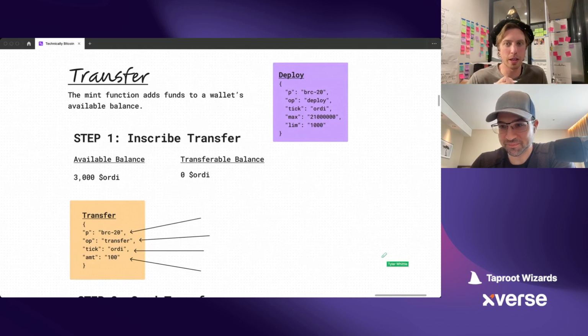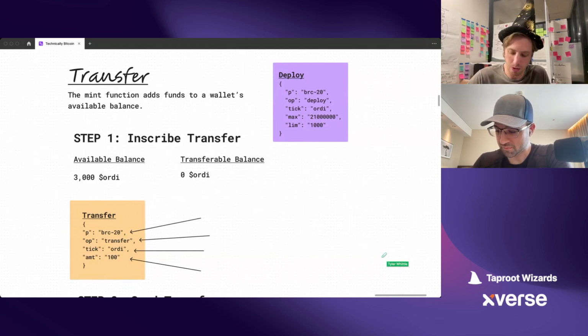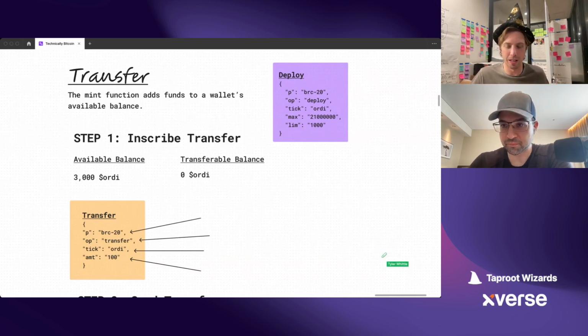To start talking about transfers, we actually need to start talking about balances. You have two different balances in any wallet that you may hold BRC-20 in. You have what's called an available balance, and then you have what's called a transferable balance. So let's say you started with a fresh wallet, Jan, and you got excited about ordi, and you minted 3,000 ordi.